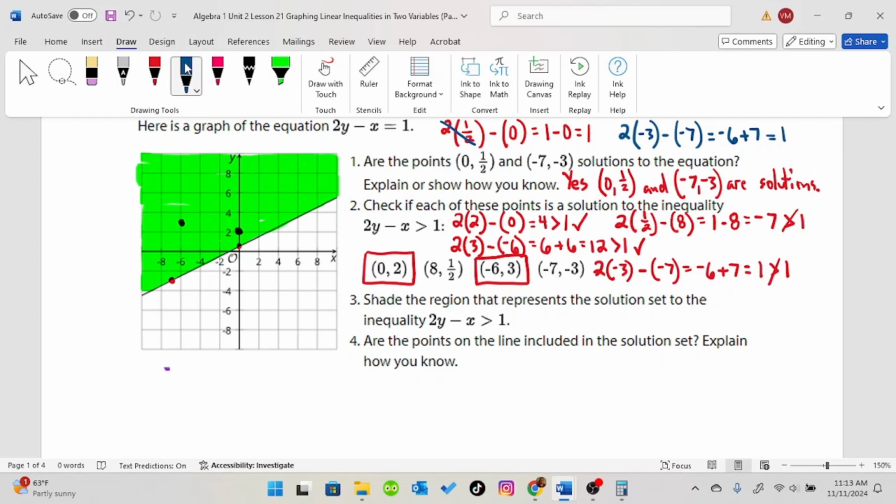And finally, number 4 asks, are the points on the line included in the solution set? Explain how you know. And the answer is no,